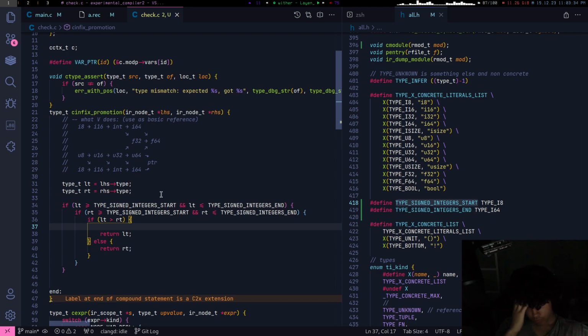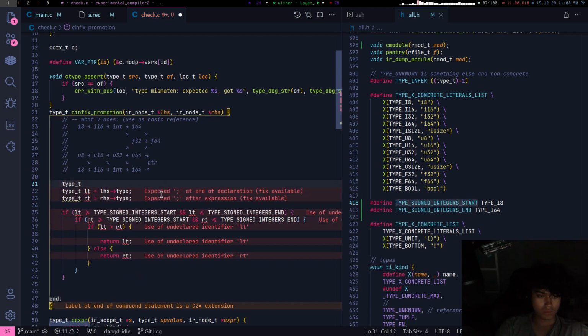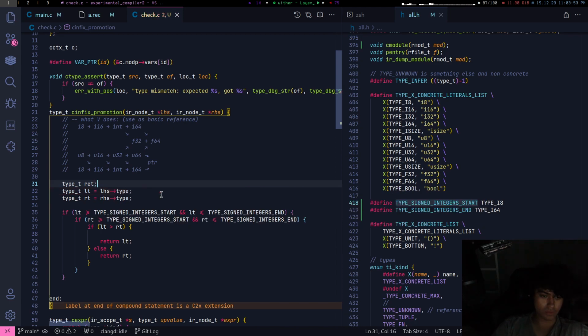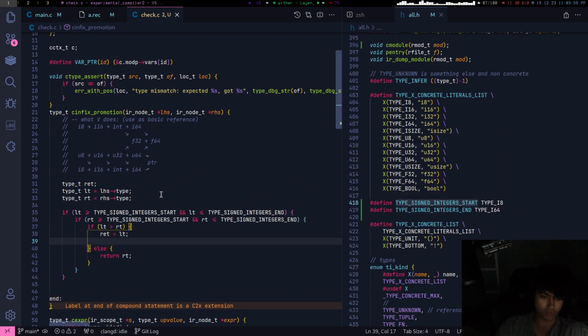You would want to promote left type and right type as well. Ret equals left type, and then you'd want to promote specifically the right type to the left type.